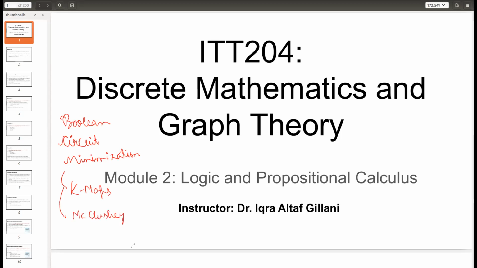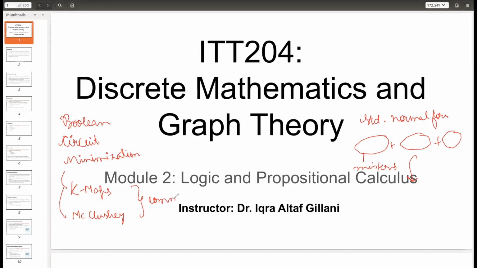The prime idea in both of these techniques was to find the common terms. So you have a standard normal form, which is a sum of various min terms. What you try to do is change it from the standard normal form to a simple normal form wherein you don't have all the terms as min terms. The main idea in both techniques was to identify some common terms which you would take common, and you would get a reduced expression.